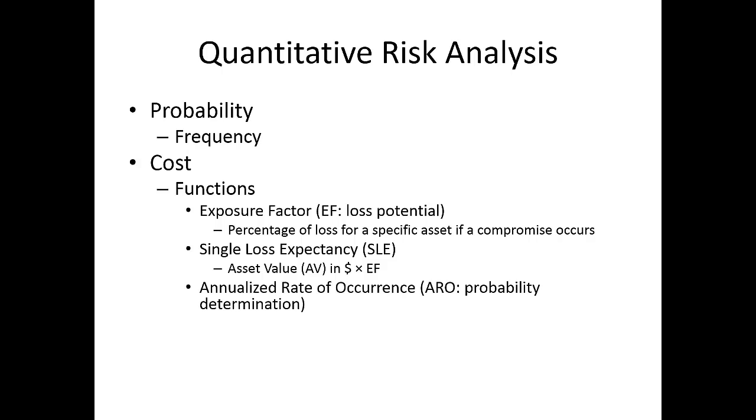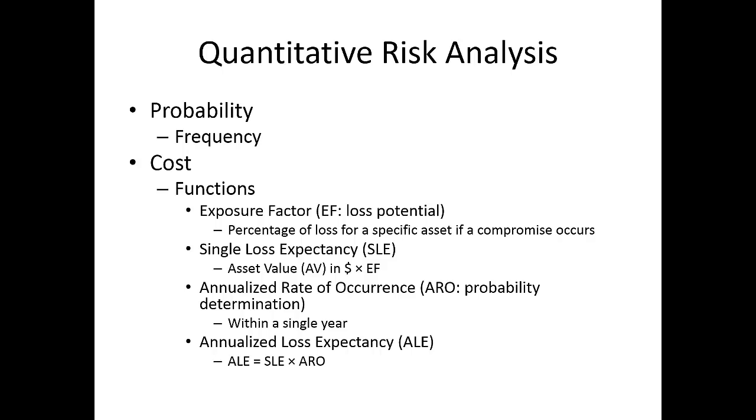But throughout a year, you could have many instances of these successful attacks. So we need to understand how many times this same attack, a successful attack, can occur per year. That's called annualized rate of occurrence, or ARO: how many times per year this same attack, a successful one, can occur. So within a single year, remember that, and therefore we can compute something called annualized loss expectancy, or ALE, which